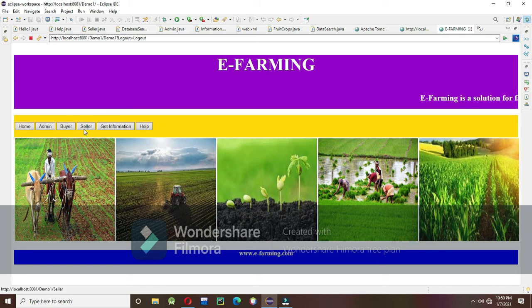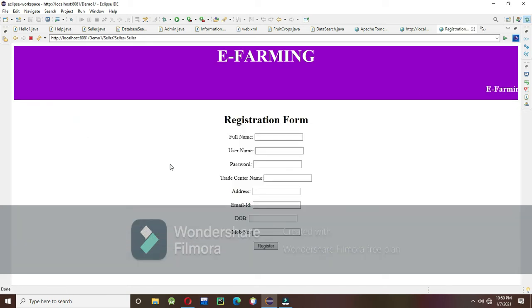When we click on the seller button, we go to the seller page. But first, the user has to register. So in the seller page, we also created one registration form. When the user registers, after that he or she goes to the seller page.